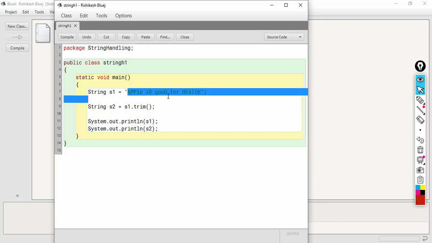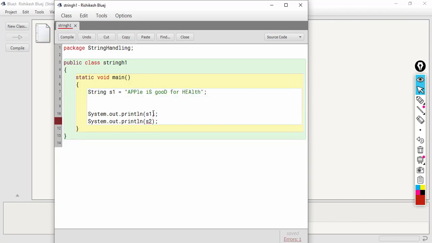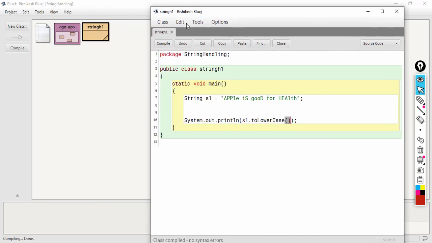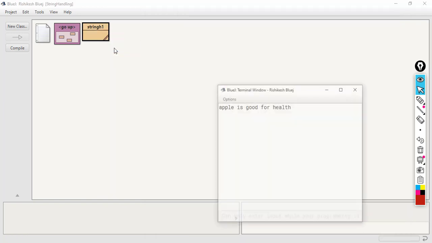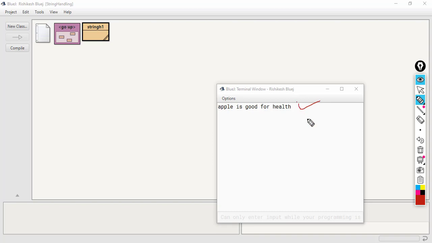You can see here in s1 I have got a mixture of uppercase and lowercase characters. Now if I apply s1.toLowerCase, all the characters inside s1 will be converted to lowercase. Let's have a look at the output.